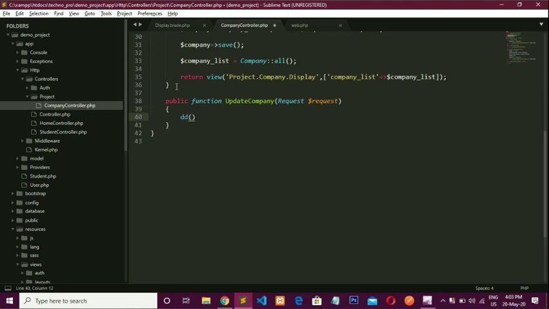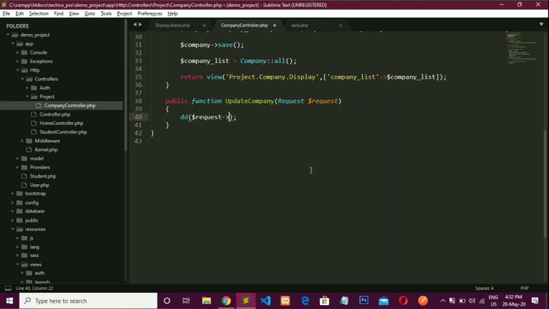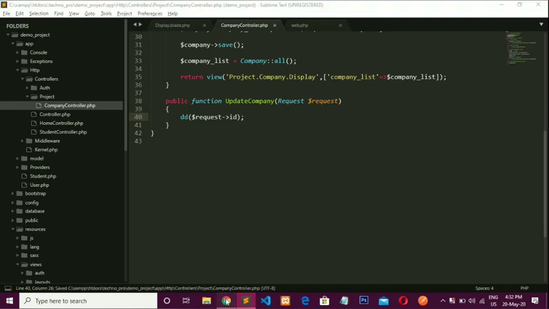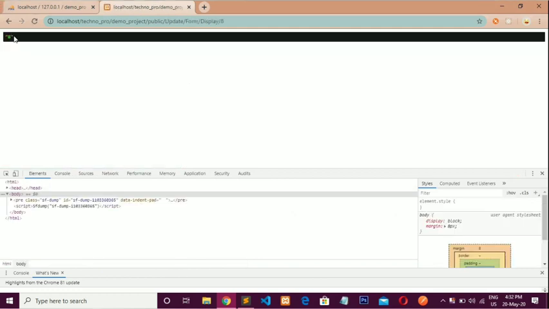First we will see whether we can get the data or not. For that, request and id. Now save this, go to the browser, refresh this page and click on this button. Here you can see I am getting an id.